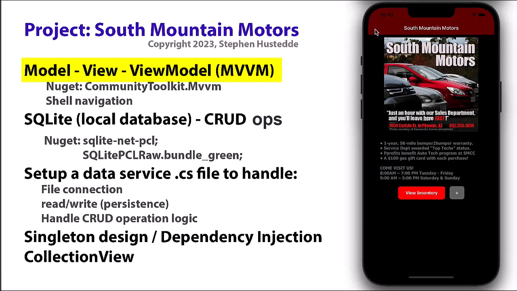a tab bar. The data is going to be contained in a SQLite database, which is a very popular database for doing local mobile app data persistence. It allows us to do CRUD operations, so create records, read records, update, and delete. And to accomplish that, make it a little bit easier, we're going to use 2 NuGet packages. The main one is sqlite-net-pcl, and there's a helper one of sqlite-pcl